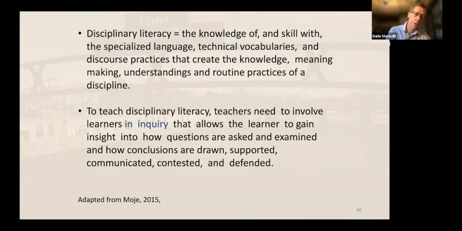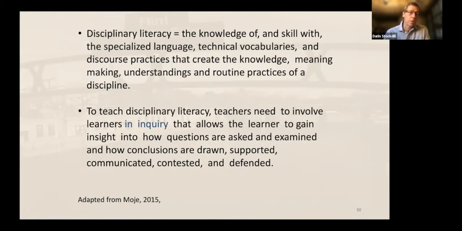This is different than content area literacy. It's very similar, and content area literacy work doesn't go away with disciplinary literacy, but it stays more true to the goals of a particular discipline. So I often use the example of a strategy like talk to the text, which is a great strategy. I love it, but I like to make it a little more disciplinary by thinking of it as talk to the text like a historian would. What questions would a historian ask? And so when we add that historical lens, for instance, we're moving beyond content area literacy, which is super important,